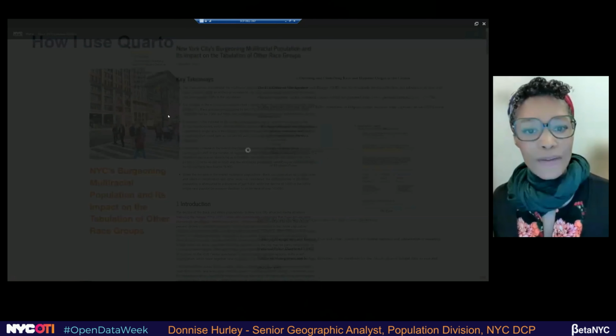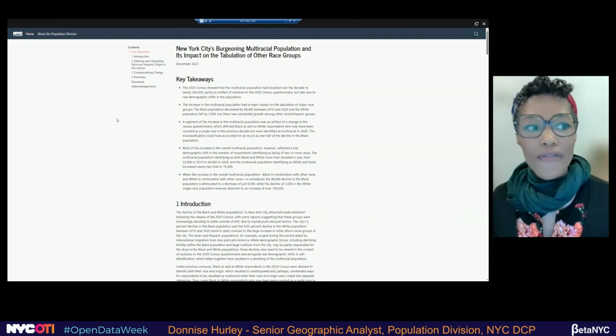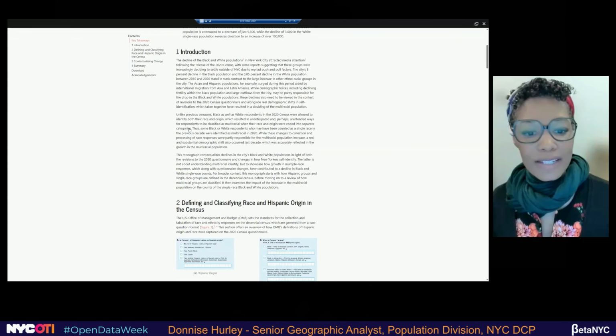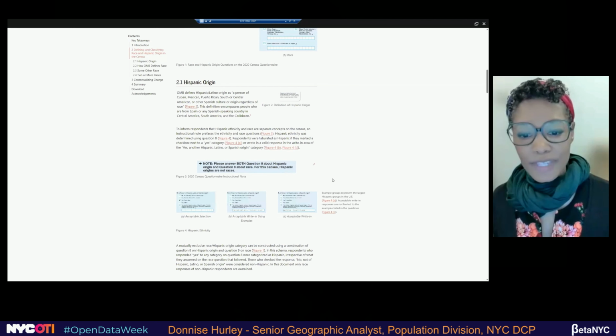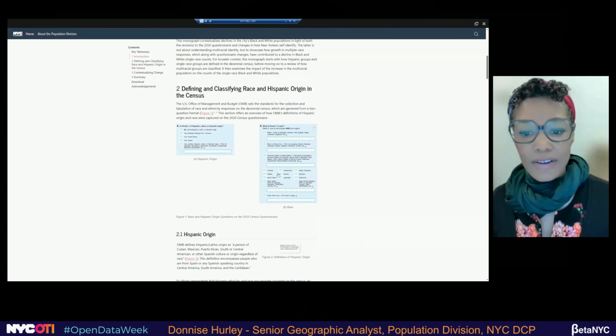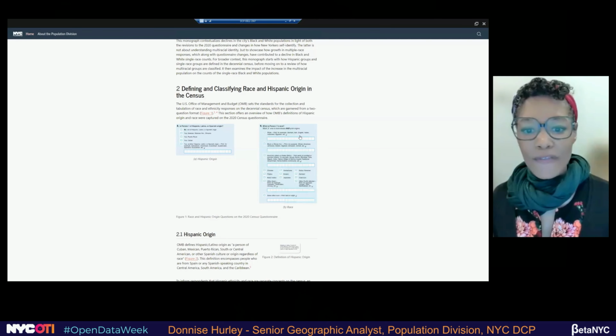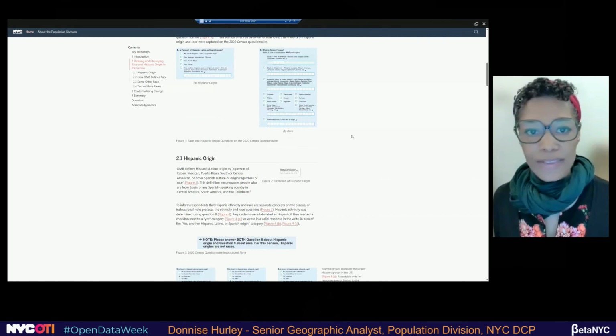So this is a much simpler version of the Newest New Yorker. This is using decennial data, and you can see that it's similar with your table of contents. And these are static images, but then also, people can expand it. So this is very simple code to write this.